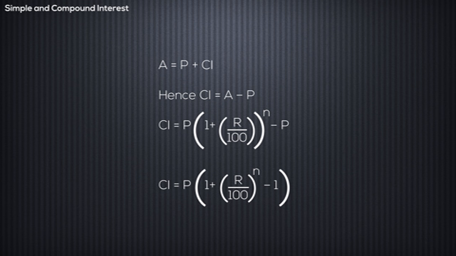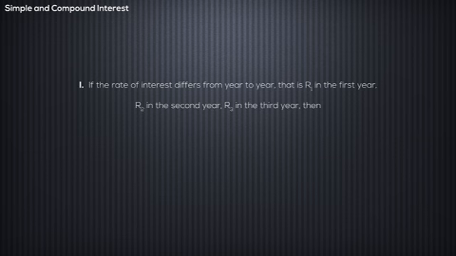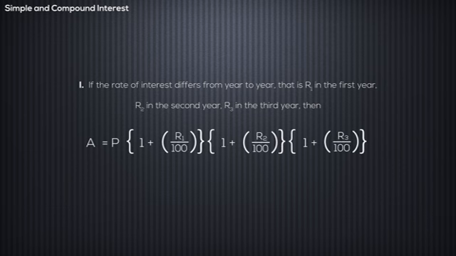In compound interest, the interest is added to the principal at the end of each period, and the amount thus obtained becomes the principal for the next period. The process is repeated till the end of the specified time. Also, if the rate of interest differs from year to year, that is, R1 in the first year, R2 in the second year, R3 in the third year, then the amount becomes,